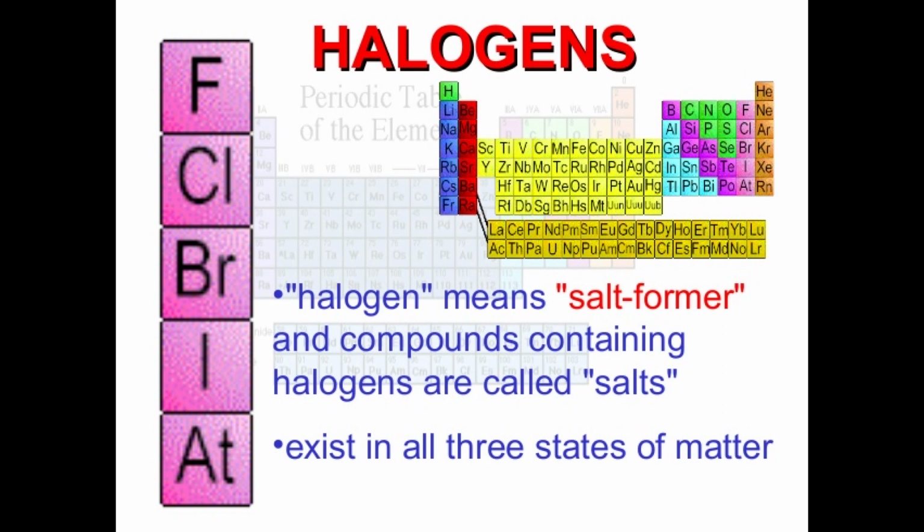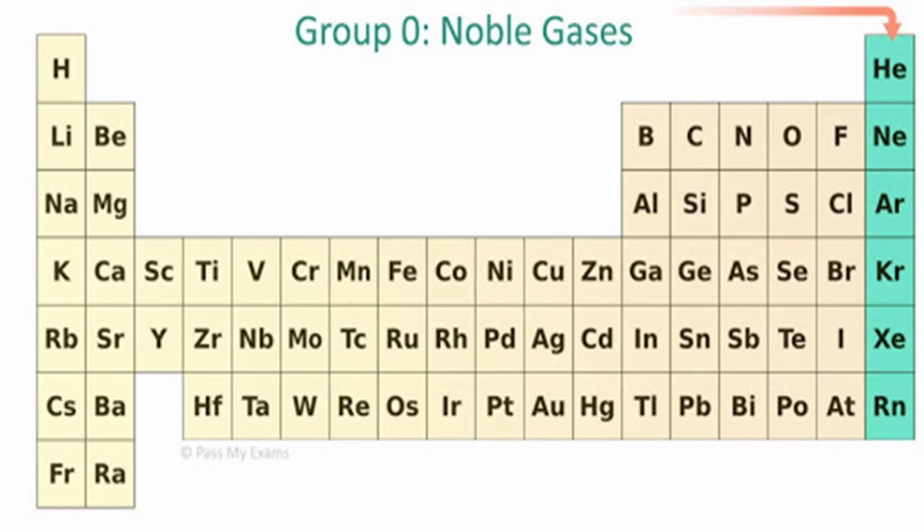See the last group. It's on the far right of the periodic table. The group 18 elements are called zero group elements. Okay? The other names of this group are noble gases or inert gases, and they are also called rare gases. All the elements in this group are gases. Noble gases are most often found as monoatomic gases.